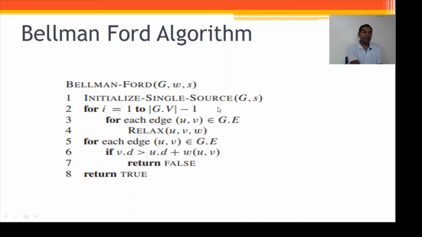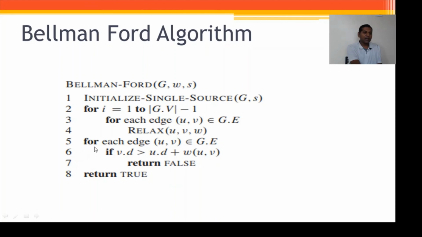That is why a source is also provided to this particular graph. So we initialize the graph and the source, then we apply a loop. This loop will repeat a number of times based on the number of vertices. If we have 10 vertices, we will repeat this loop 9 times, for relaxing the edges. So 9 times, all the edges of the graph should be relaxed one after another to get the optimum output. This is what the Bellman-Ford algorithm suggests.